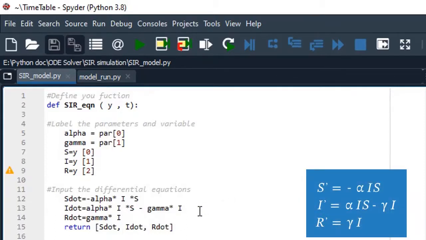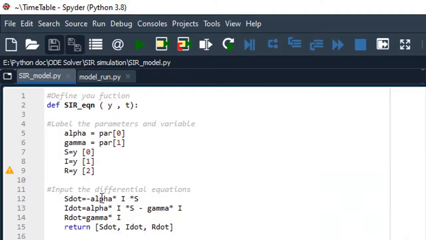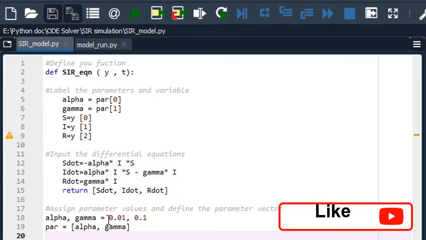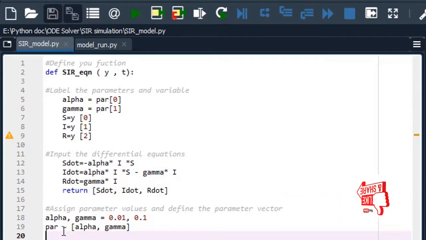After that, it should return the equations. I have three equations: S dot, I dot, and R dot. Then give the values for the parameters, and define the parameter vector according to the parameters you have. After that, you will be done.